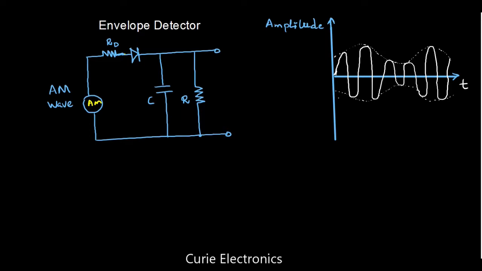So here, this is the simplest diagram of the envelope detector. Instead of feeding from the IF, we are directly feeding the AM. It consists of a diode and a capacitor and one resistor. When the diode is in forward bias condition, it will have a small resistance. That is what I have shown here by RD. Now before getting into this, let's see a little more basic.